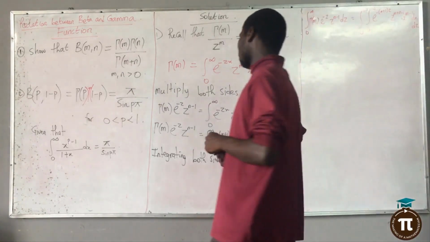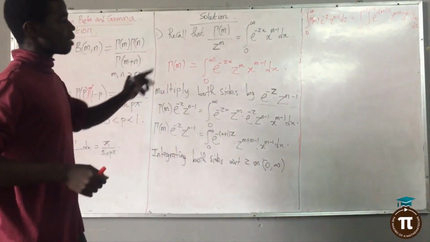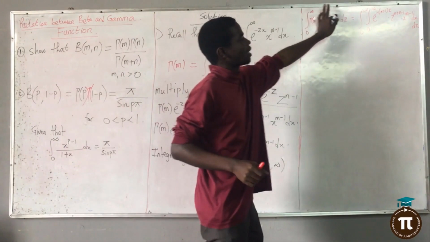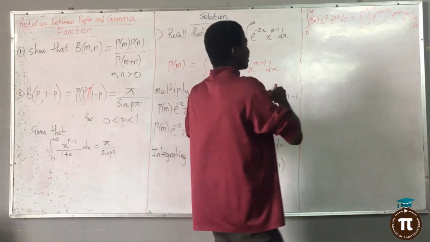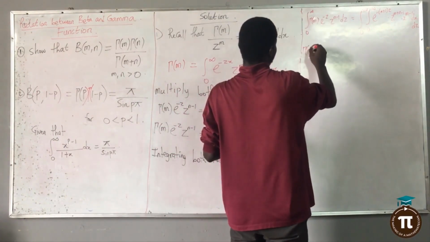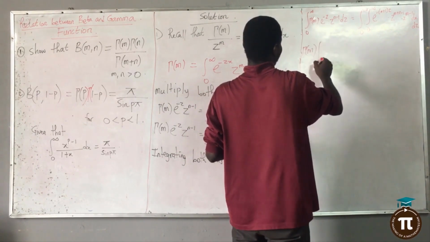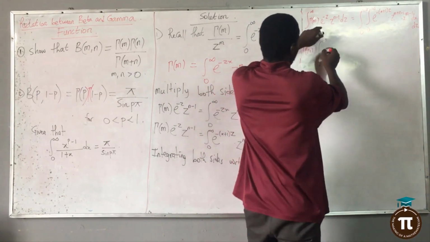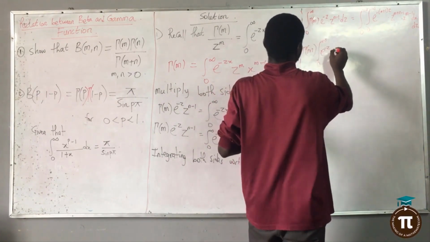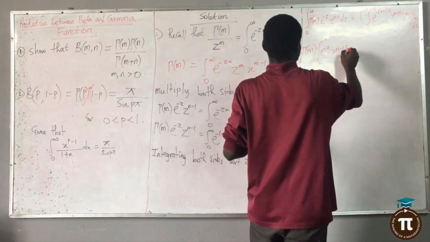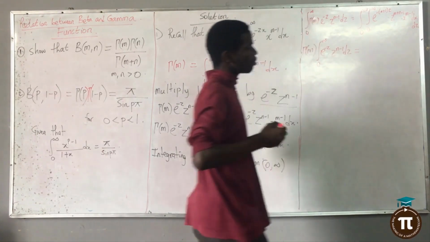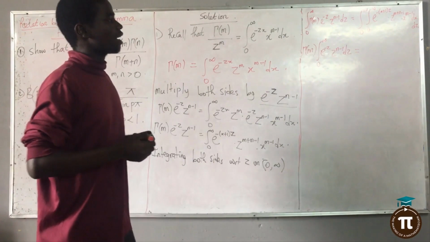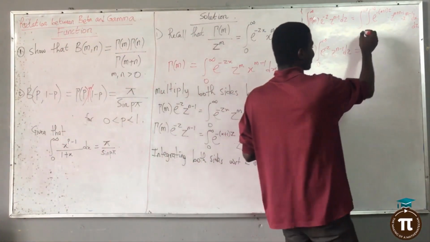That's what I've done to both sides. So gamma of n is a constant inside this integral. Let it come out. This one will become gamma of n. Then I will have integral from 0 to infinity of e raised to the power of minus z multiplied by z raised to the power of n minus 1 dz is equal to, now I can write this as integral